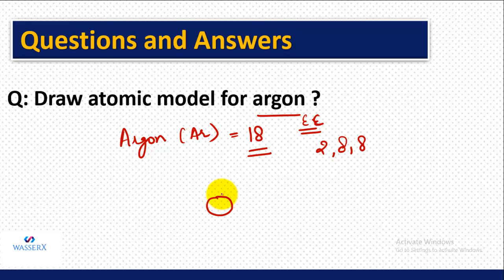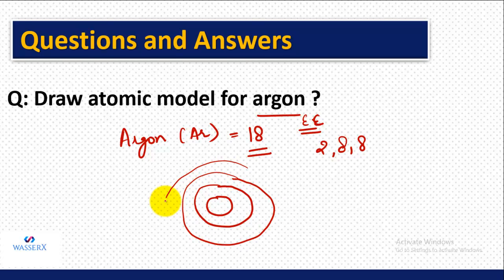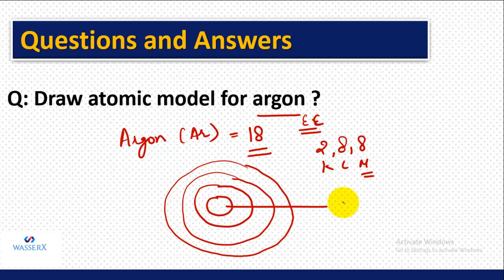Now let's draw a model. So this is nucleus and these are the shells. So I'm drawing 3 shells because when I wrote its electronic configuration, I saw that there are only 3 shells. So this is nucleus. 3 shells, so electrons are arranged 2 in this, 8 in this, and again 8 in this. And in nucleus, we'll have protons and neutrons. So let's see how many protons and neutrons. So atomic number is 18, that means protons are going to be 18. So I can write protons in nucleus is 18. And electrons are obviously going to be 18. This we have already filled.